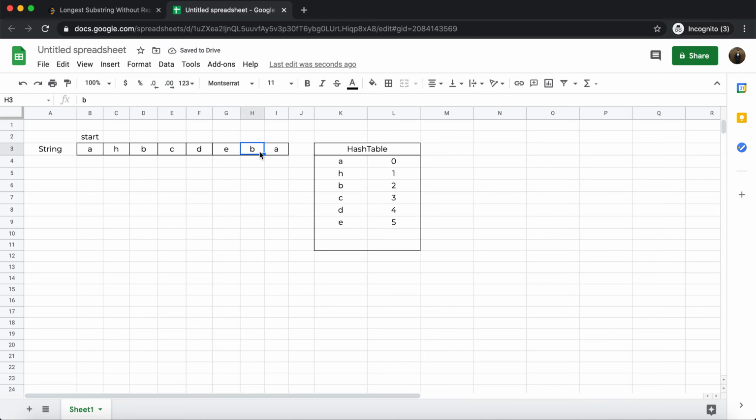Now this is the place where we found the first repeating character, which is B, which we've already found in the hash table at position 2. This is where our current position is. Now what we need to do is first compute the length of the current substring. Till this point we have a substring without any repeating character, so we need to note it down. We will take the current position and subtract start from it. So this is the length of the substring. Our current substring is 6, and that is the max substring so far. So we'll note it down.